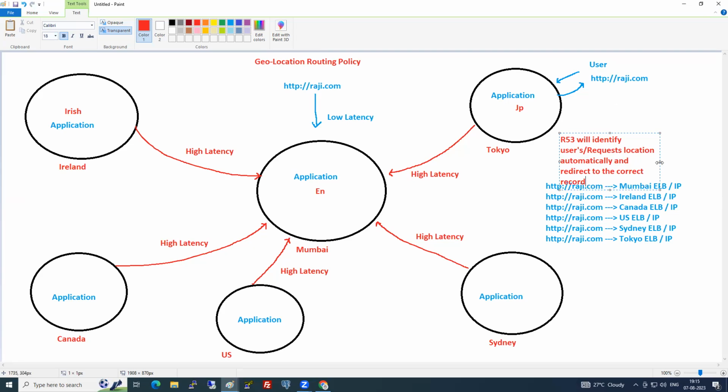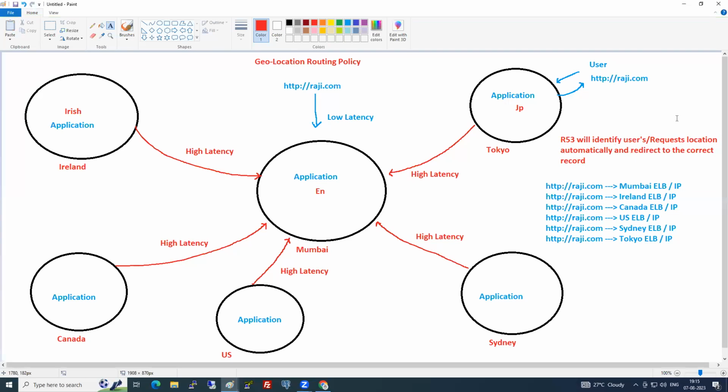So who will take care of that? Route 53 will automatically detect which country the request is coming from, based on the IP address, and will redirect to the appropriate record. What is this called? Geolocation routing policy.